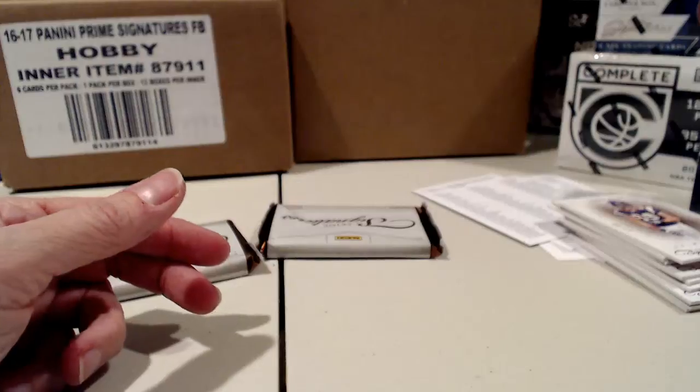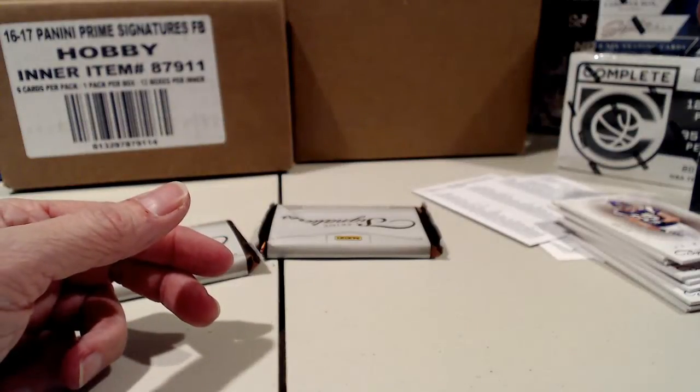Justin Houston for the Kansas City Chiefs, rookie. I guess actually all these are rookies, aren't they? Well, no, maybe not. Maybe not Ben Tate. I think the other two were, but...